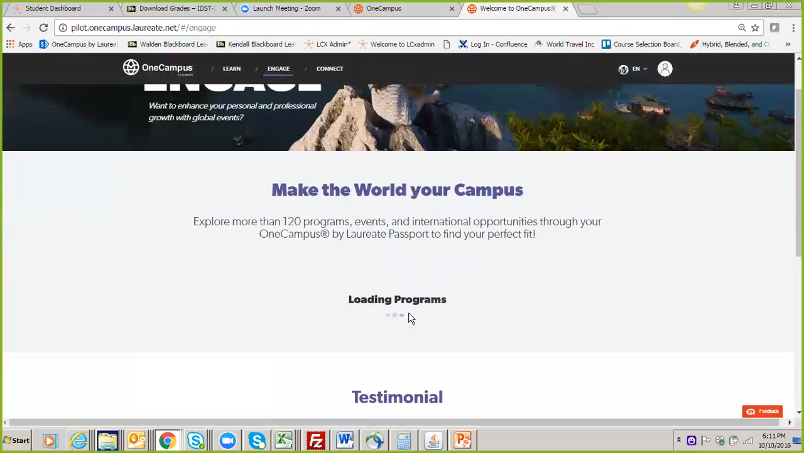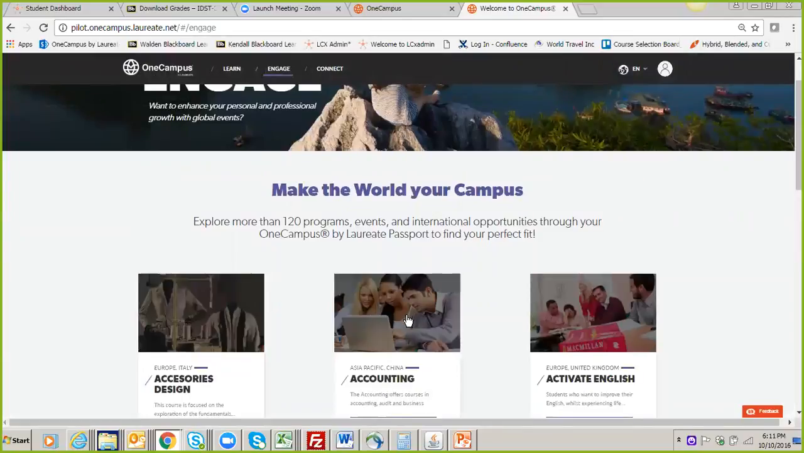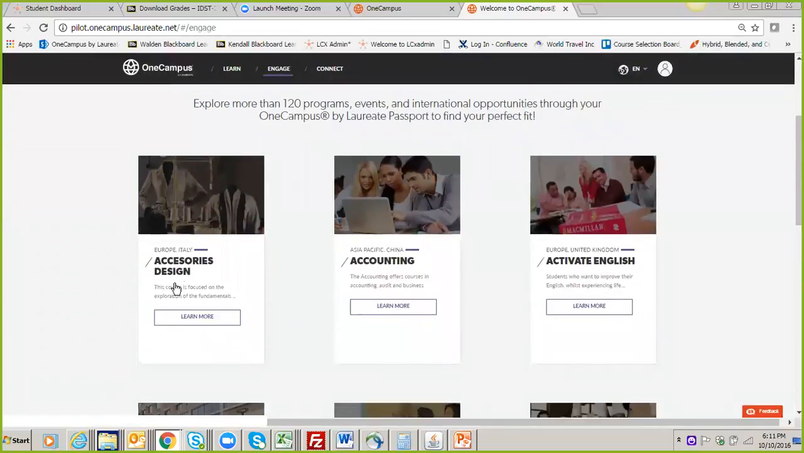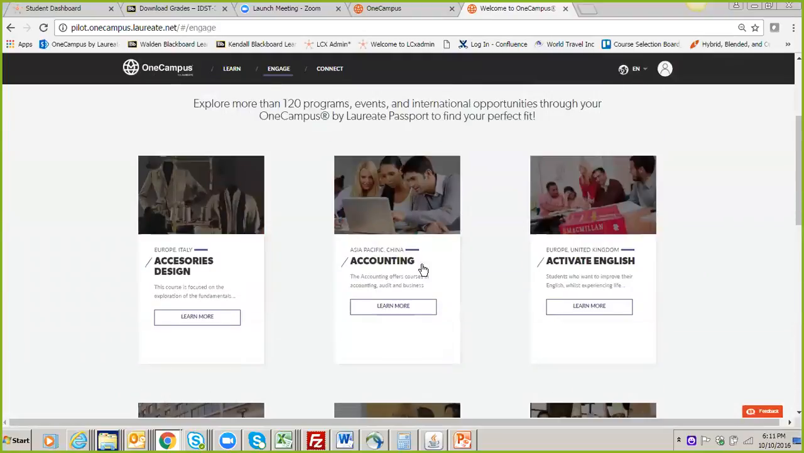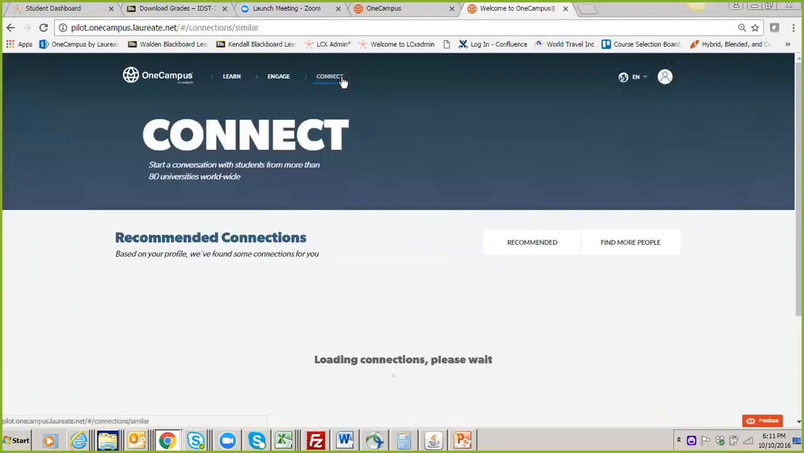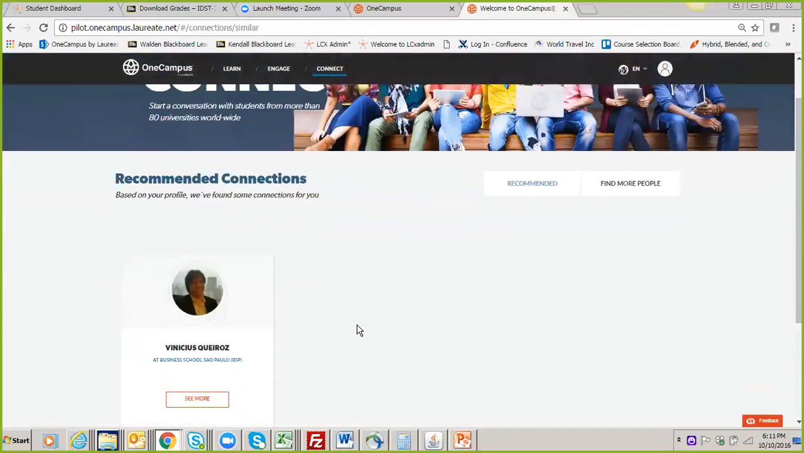Engage, as I mentioned, these are going to be the recommendations based on my interest. So based on my interest, these are activities or study abroad opportunities that I can engage in that'll help me accomplish some of my goals. And finally, the connect. The connect feature is really nice now because we can set up our recommendations to not